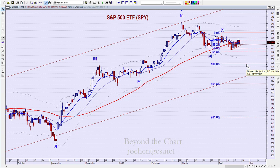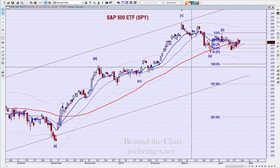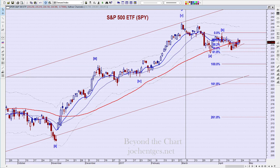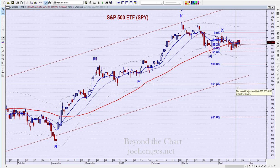C equals A right here at 220, almost 228 and a half. Okay, so that's at a minimum. And then what are we looking at in terms of a previous fourth wave? We're down here slightly below that, down into this range right in here, which would be right where the 161.8%